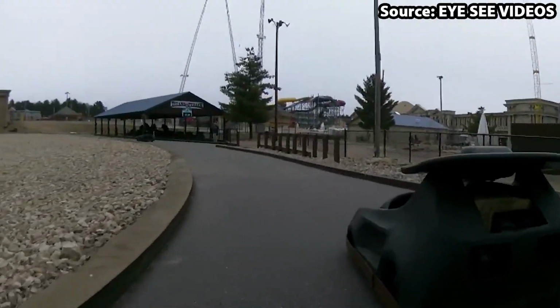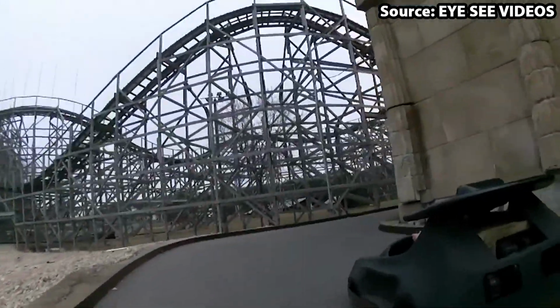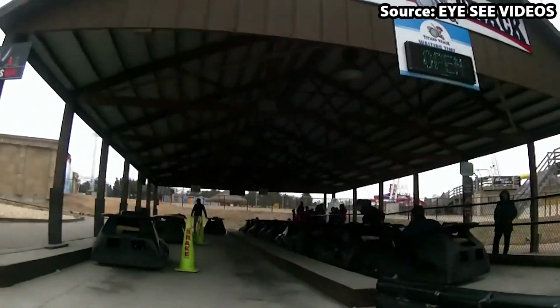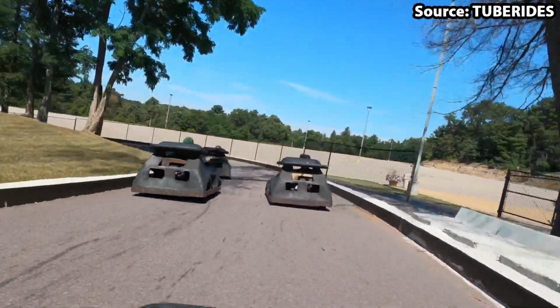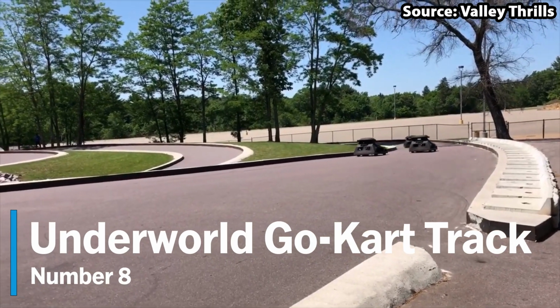Nevertheless, as long as you manage to keep your foot on the metal and your eyes on the road, you are sure to not drive yourself or any of the other racers crazy. Ding ding. From one go-kart track to the next, for our number 8 position, we have Underworld Go-Kart Track,